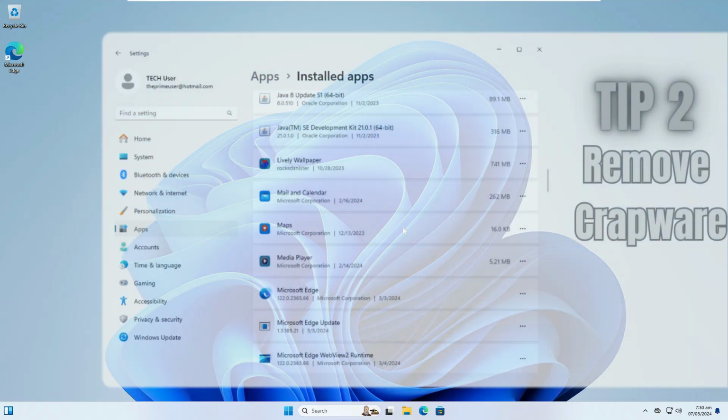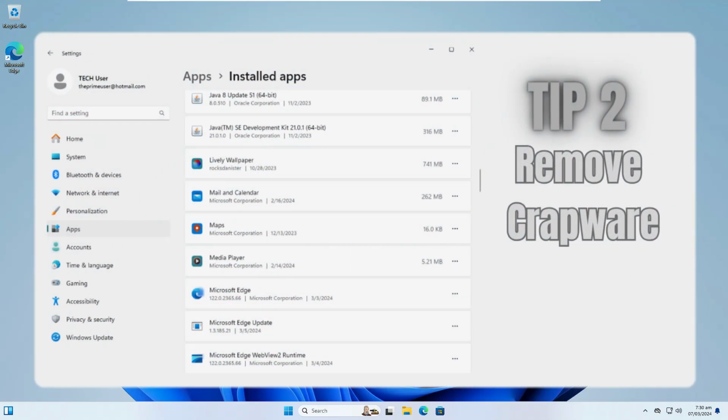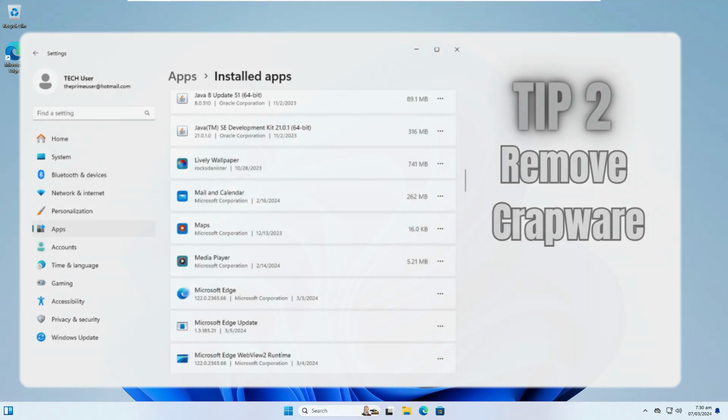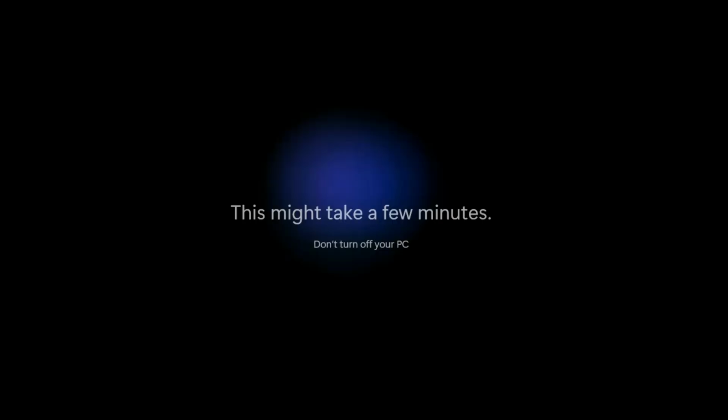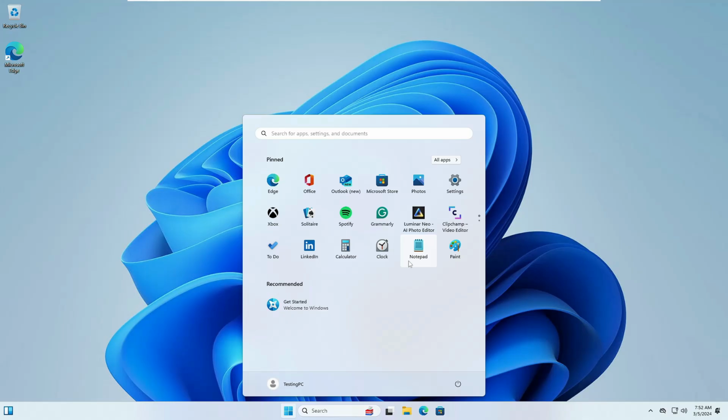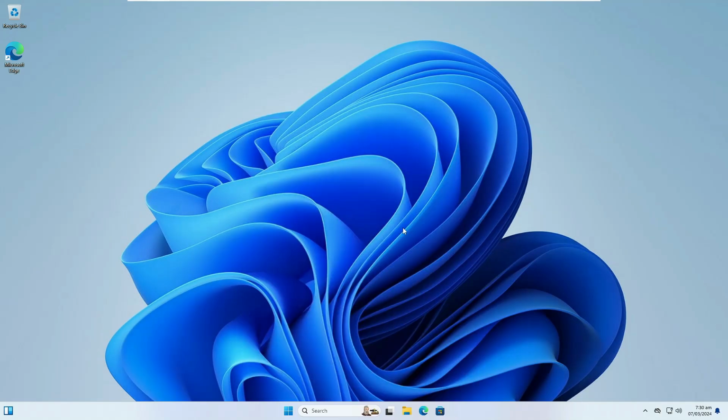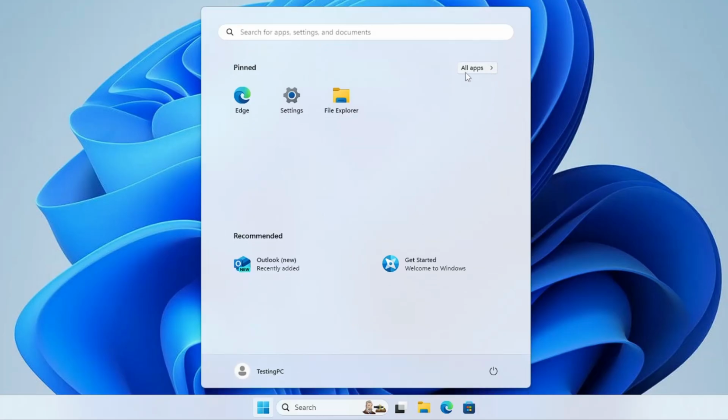Now next, what you have to do is clean up the crapware. Windows 11 makes money for Microsoft thanks to shortcuts sprinkled across the start menu on every new install. So once you have installed Windows 11, you will find a lot of bloatware and third-party applications that are installed and slow down performance. But the good part is that you can easily uninstall them manually or using a third-party tool. What you can do is click on the Windows icon, then click on All apps,